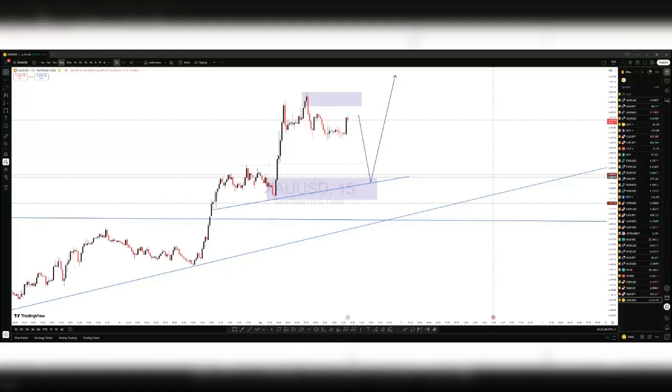Okay, now I'm going to give you two pointers. The first is to understand that when price sweeps liquidity, it is not the same as a breakout. A sweep of liquidity is usually not the same as a breakout. Why? Because when price sweeps liquidity, it will need to offload that liquidity. Those who swept that liquidity will take profit first. And when they take profit, price is going to, let me say, for example, if this is our liquidity here,